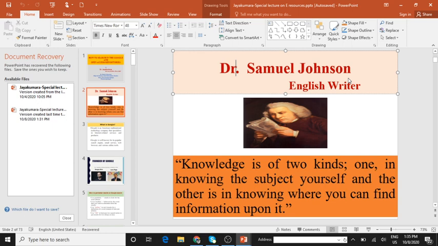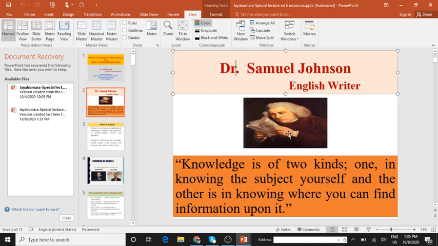Then, why do you need these views? Views of a presentation refers to the ways in which you can display presentation content. For example, you just want a bigger look of the whole slide, or you want to see the outline of the text, or you want to see all the slides together and so on.